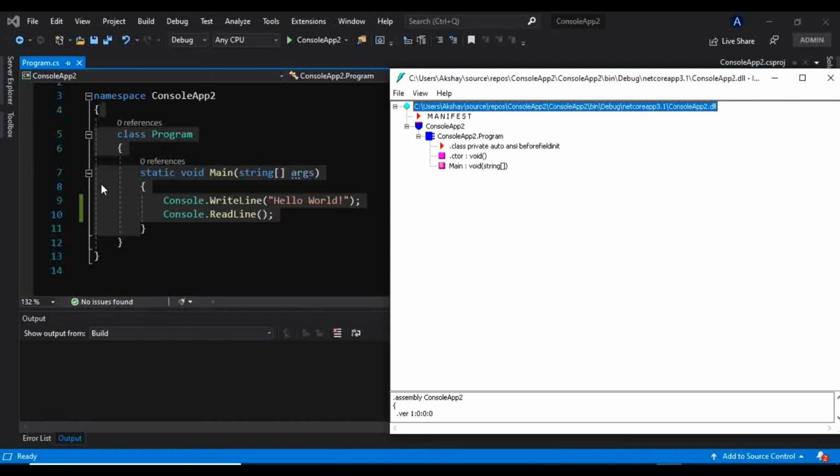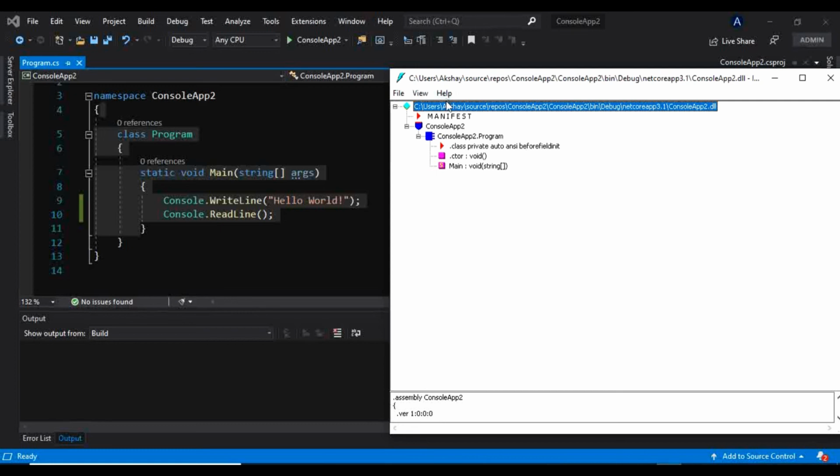If you don't see any constructor in the code, the constructor you see here is the default constructor, provided by the compiler itself. And there is one static void Main method. You can see here this is the Main method, void, and this denotes static. So this is your high level language code, and this is your intermediate language code.